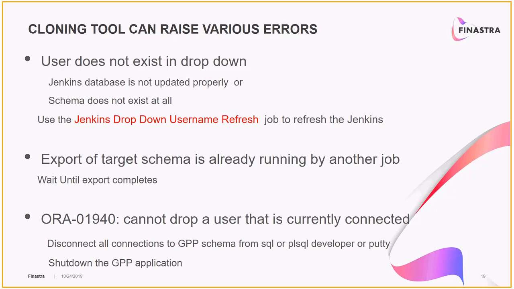The clone tool does not allow export of the same schema by multiple users. Basically it starts with the same job name, like Kasib SCADE 01. This is the job name. It starts with that job name, and again, if you want to export with the same name, then it restricts,